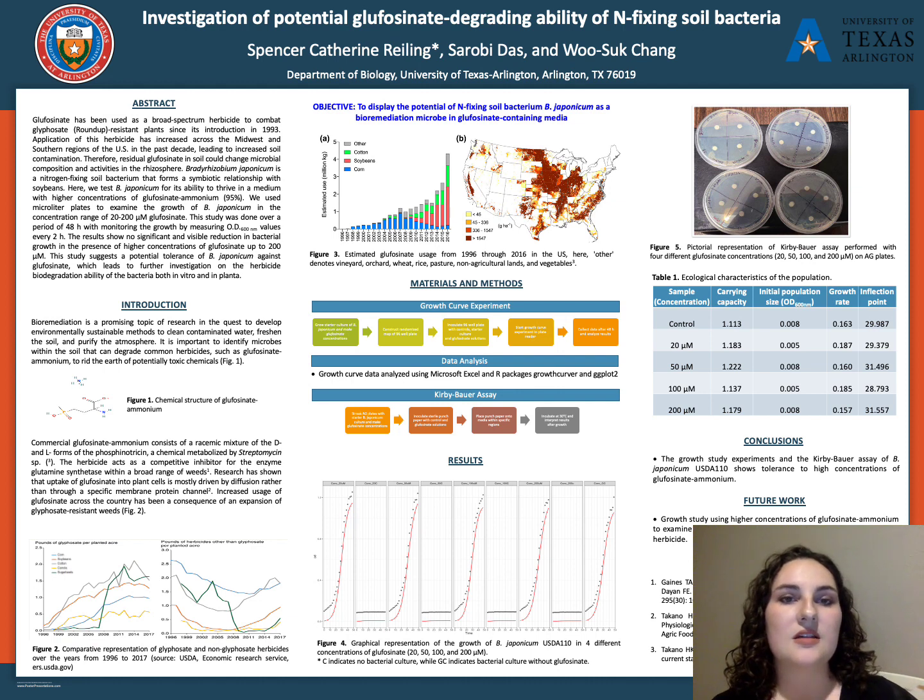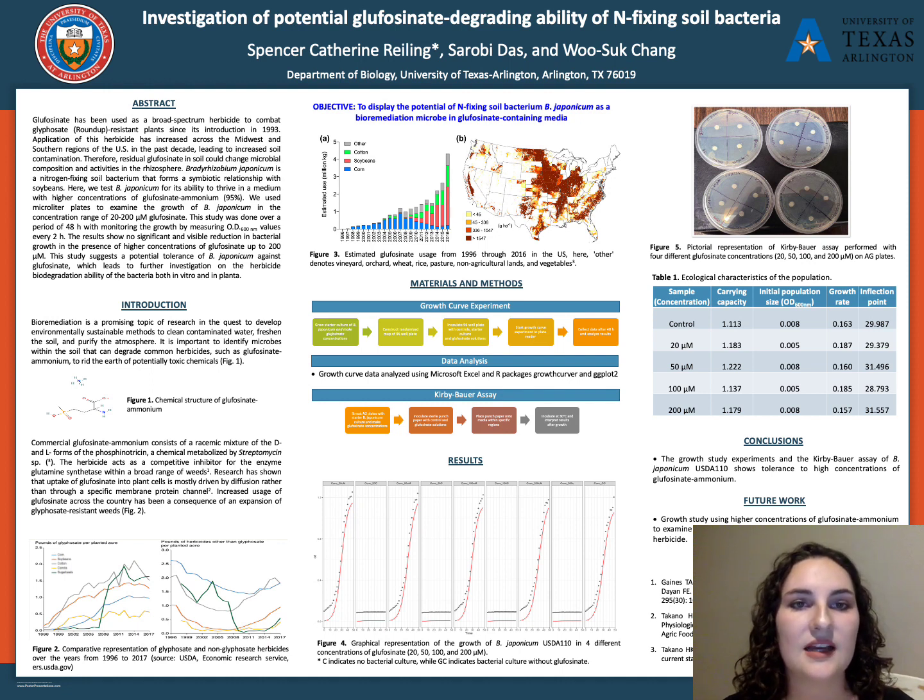And so the materials and methods that we use to test our objective of B. japonicum possibly being a bioremediation microbe in glufosinate-containing media with a growth curve experiment and a Kirby-Bauer assay. And so the growth curve experiment we conducted with Bradyrhizobium japonicum growth in 4 different concentrations of glufosinate ammonium solution. And all of this data was analyzed and visualized using Microsoft Excel, as well as our packages growthcurver and